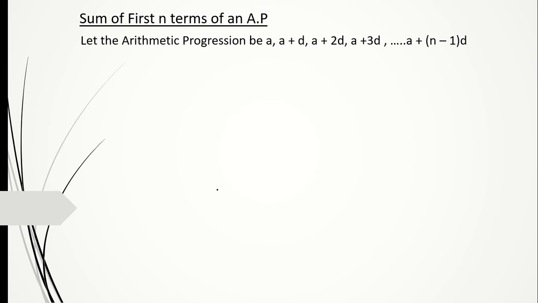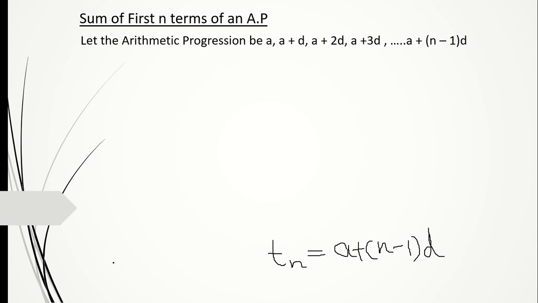Students, if you remember, in the previous practice set we have learned the formula T of n is equal to a plus n minus 1 d, right? This formula gives us the nth term of the arithmetic progression. Now this will give you the first term also. If you put 1 here, 2 here, 3 here, 10th term, 100th term, whatever n is, you just have to put it and it will give you the nth term. So the nth term of this AP is going to be this.